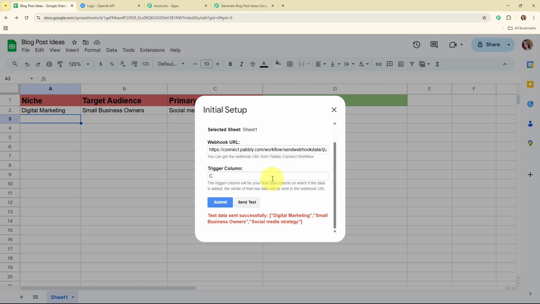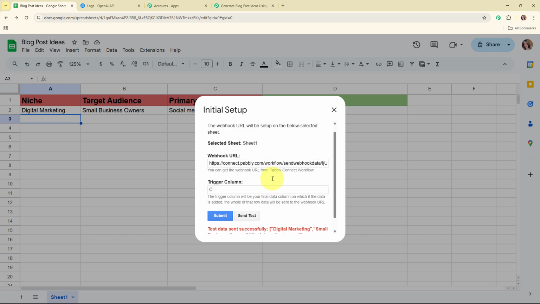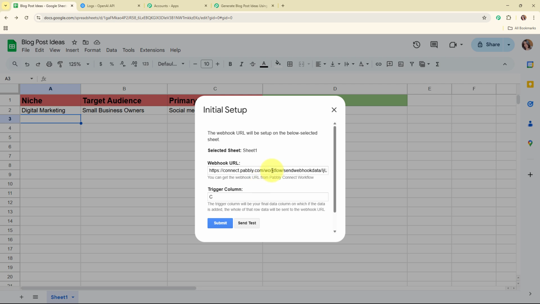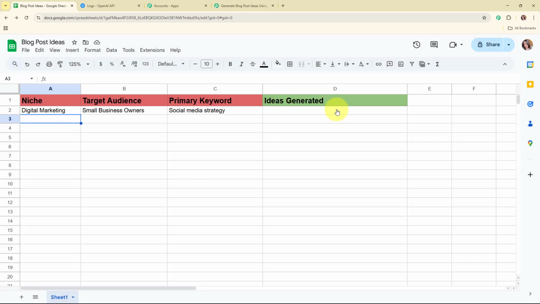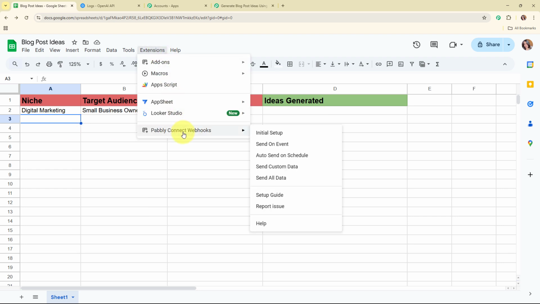That means we have successfully sent the first row data of our Google Sheets to our webhook URL, that means to our Pabbly's workflow. So now let's go and check it, but here before moving back to Pabbly Connect, we need to perform another very important step to completely connect your Google Sheets with Pabbly Connect. So for that you need to click on this extensions, and from here you need to select Pabbly Connect Webhooks,